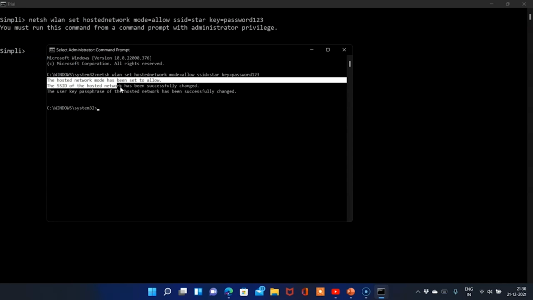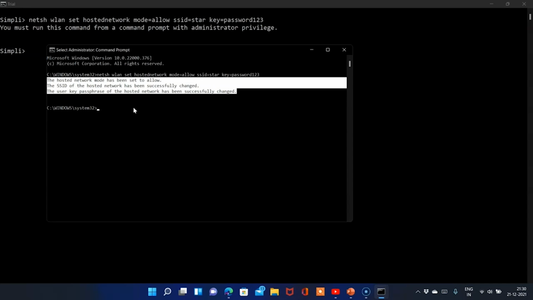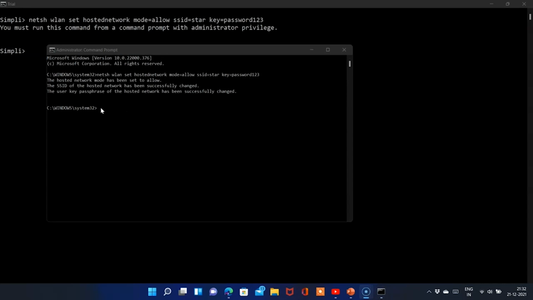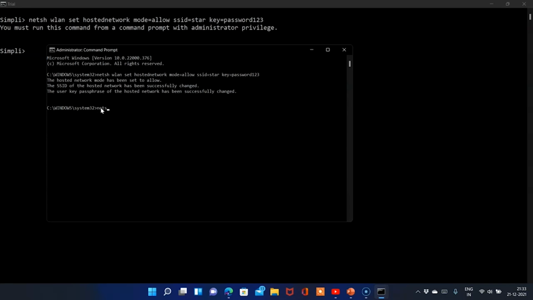As seen, the hotspot has been created successfully. To start the hotspot, we have to write the command netsh wlan start hostednetwork and press enter. This would execute the command